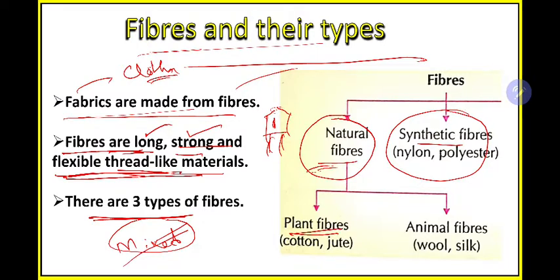From plants we get cotton, and jute also. There are different uses of cotton, and jute also, I know most of you know the uses. Jute is used for making jute bags, and for making threads. Then animal fiber, I guess all of you know this example, you use wool for different purposes, for making winter clothes, for making mats. Then silk also for making clothes such as silk saris and silk shirts.